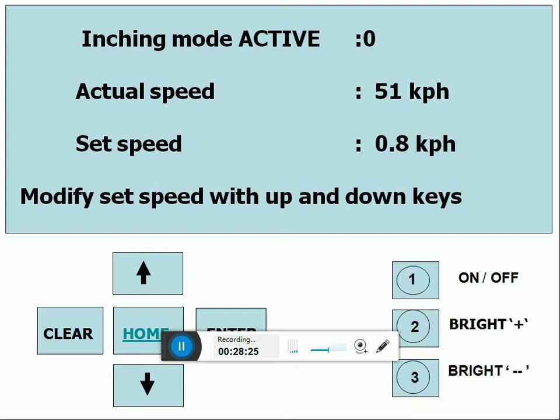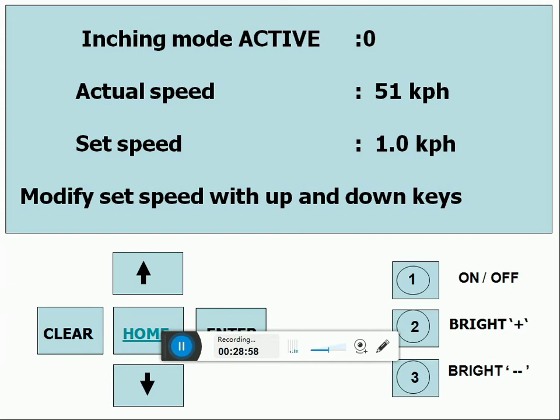And if you operate JETL after selecting MPJ forward and loco pressure releasing, the loco will move with the inching speed, set speed. The default set speed will be 0.8. We can set speed by operating up and down arrows, from 0.5 to 1.5 we can select. If we operate JETL, now the loco bar train will move with the set speed.